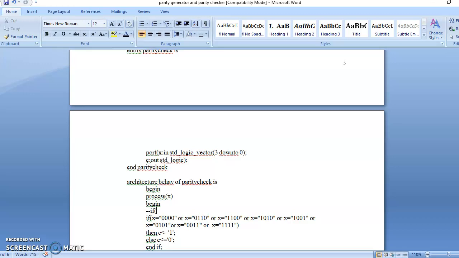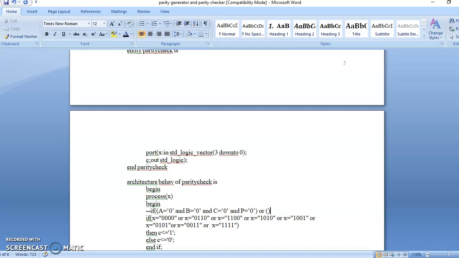See, A is equal to 0, and B is equal to 0, and C is equal to 0 and P is equal to 0. And we are having other combinations also. Keep OR and continue in other branches.